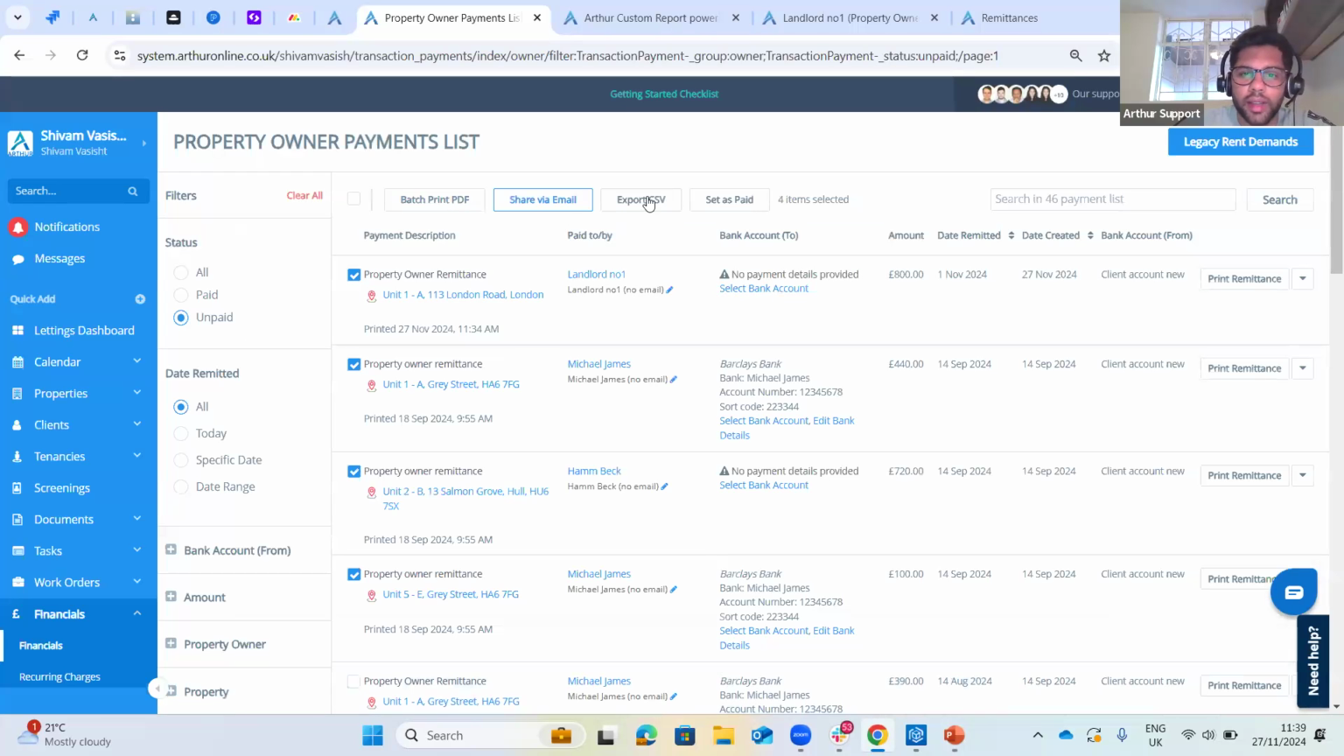So you can do that. You can make the payments first and then print the statements and send the statements, or you can do the statements and then make the physical payments. That's up to you. And then lastly, once you've made the physical payments, we do advise that you go and